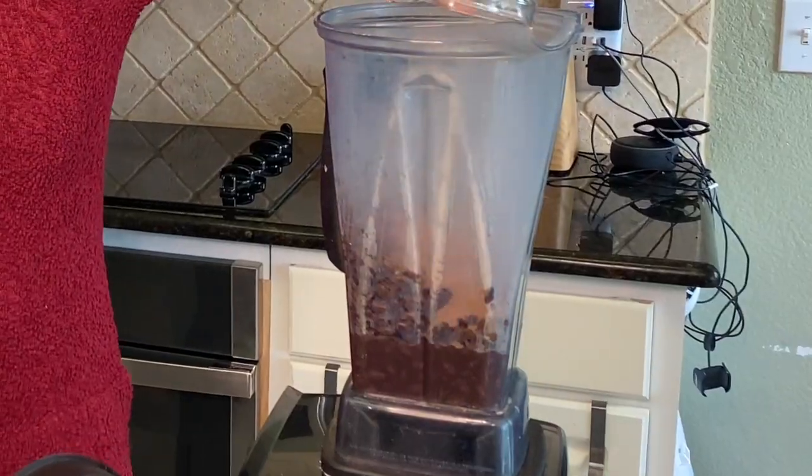I'm using cacao powder instead of cocoa powder. The cacao powder is full of minerals and antioxidants, and it's got flavonoids and phytonutrients. It's less processed and has more minerals than cocoa powder does, so I tend to use the cacao powder over the cocoa powder for that reason. I'm adding in the cacao powder,